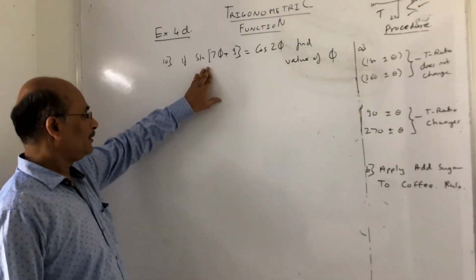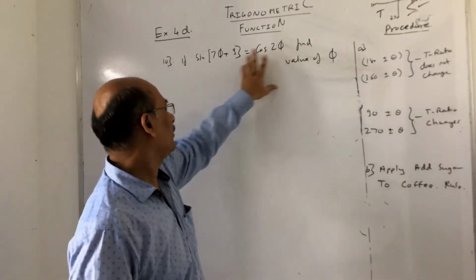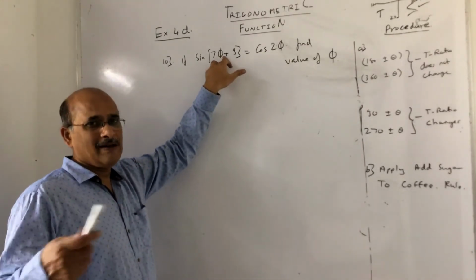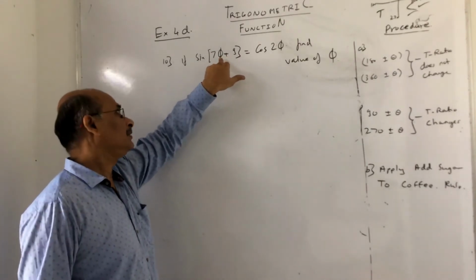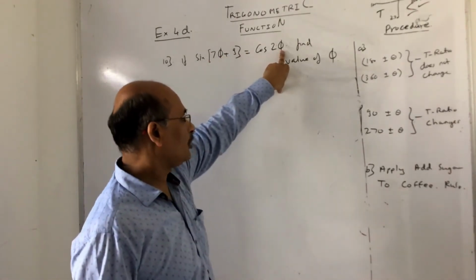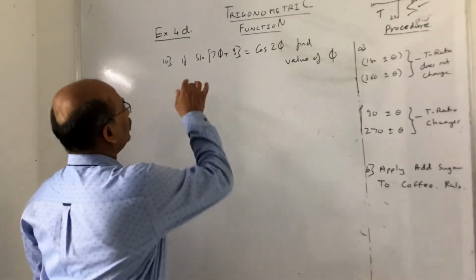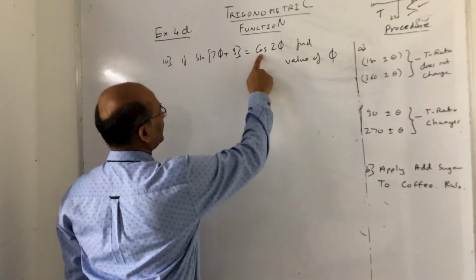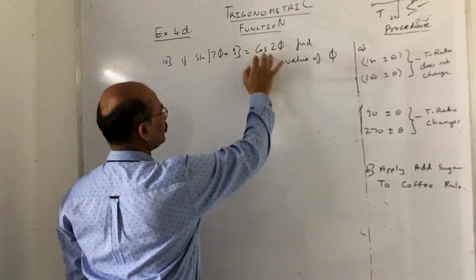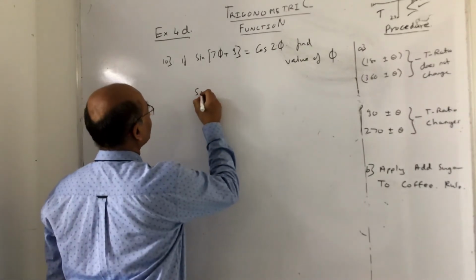They have given a very simple one. Sine of 7 theta plus 9 is equal to cos of 2 theta. Remember this theta, another notation for alpha, gamma, lambda, this is called psi. So anyway, sine of 7 theta plus 9 is equal to cos 2 theta, find the value of theta. See, the problem with this is, here the sine ratio happens, here the cos. So can I change this to sine? Of course I can do that.